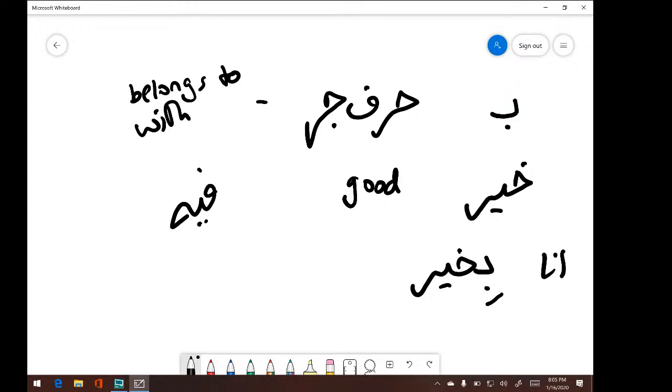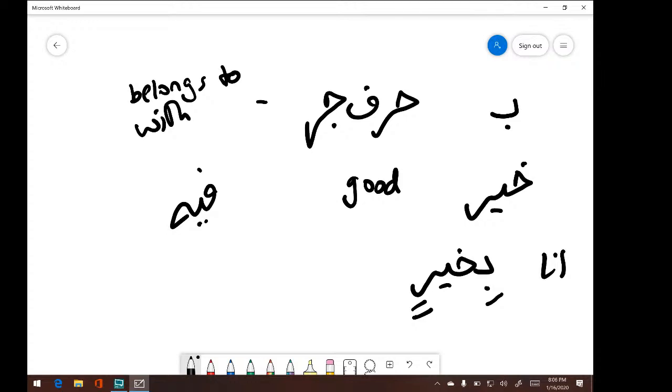Okay. Ana bi khayrin. Ba is a harf jar. Khayrin gets two kasras. Why? Because it's non-specific and the harf jar is giving it kasra. Everyone remember, right? This is still all old stuff. We're not learning anything new yet. This is everything from last semester. Is there anything new that we've learned yet? Right. So this is just to jog your memory. Ana, me, bi khayrin. I'm doing good, walhamdulillah.